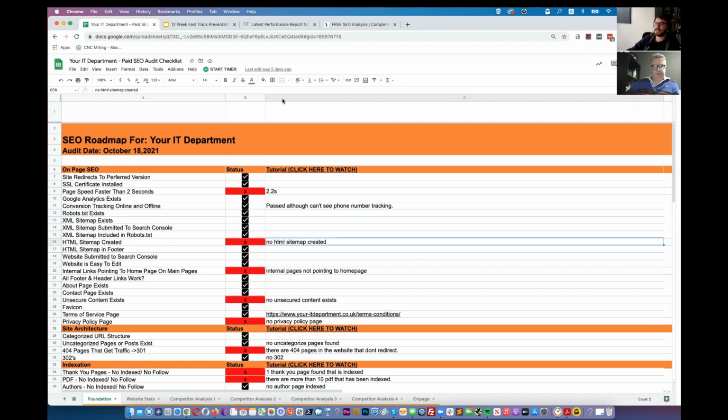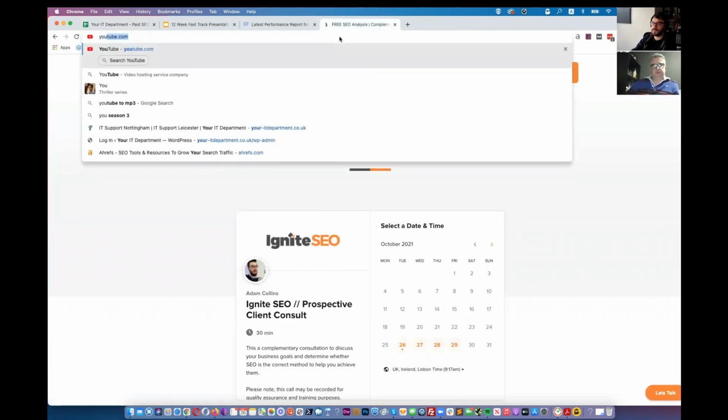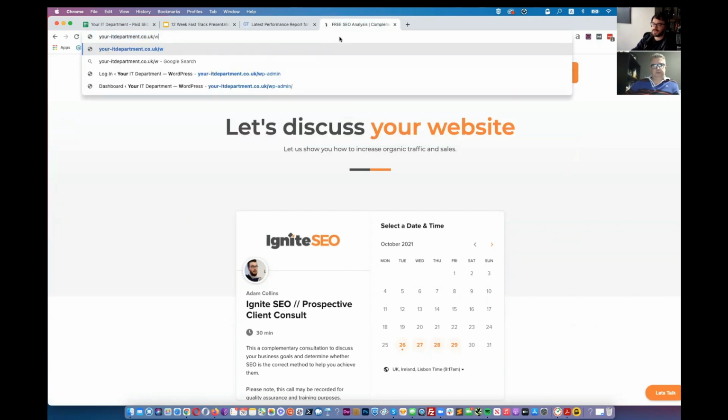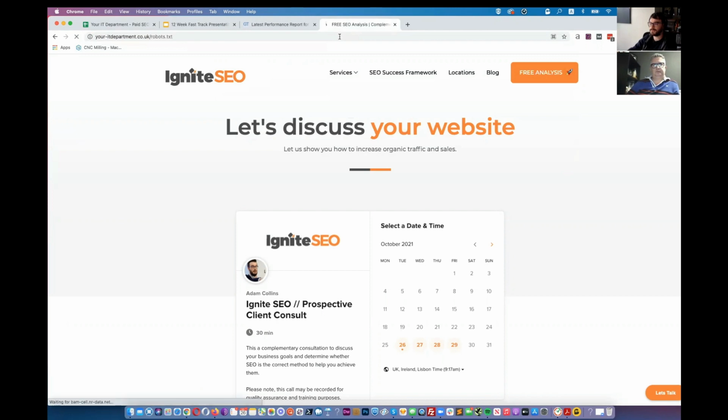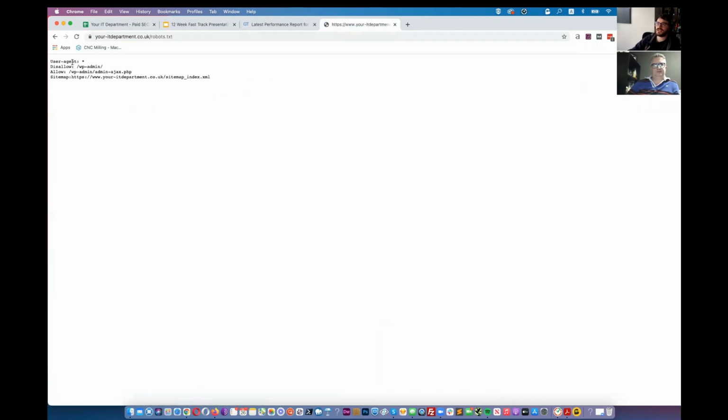Robots.txt. So basically, that is where's your site? Your IT department. This is just this file here. This is good. So basically, you're saying Google can read your site fine, it can crawl it, and you've